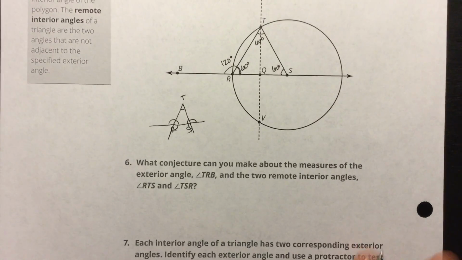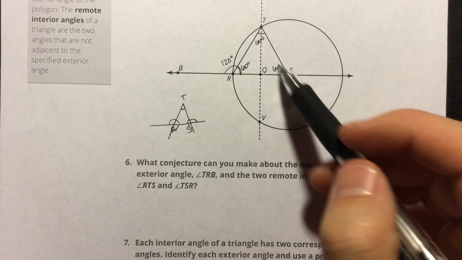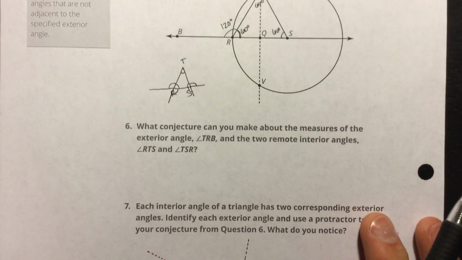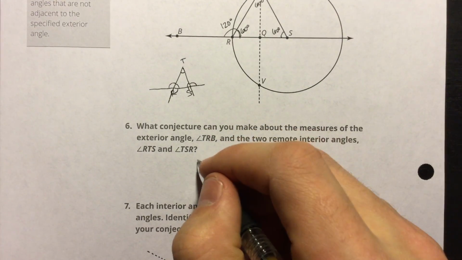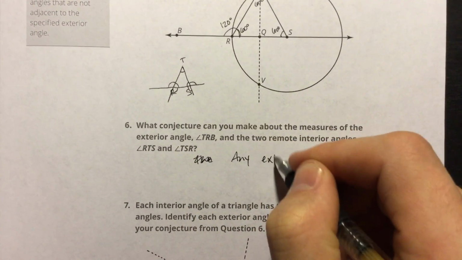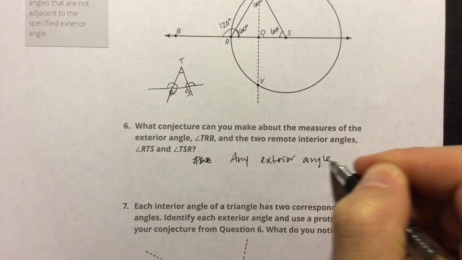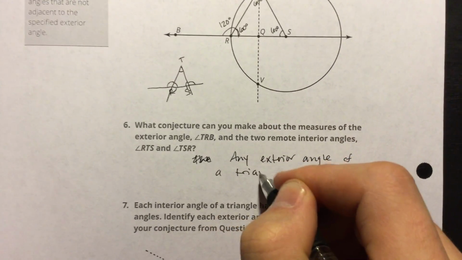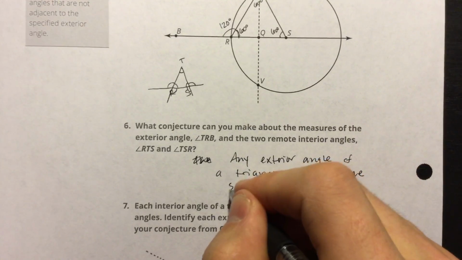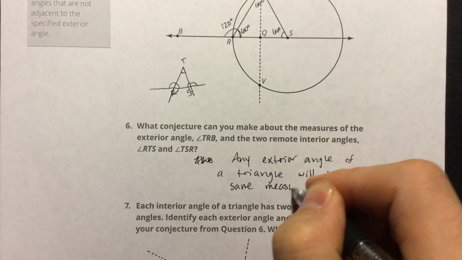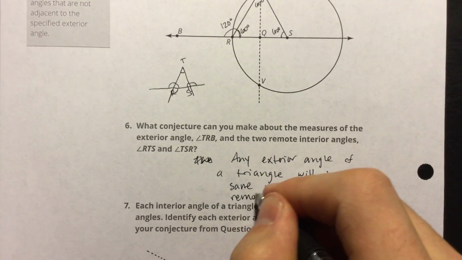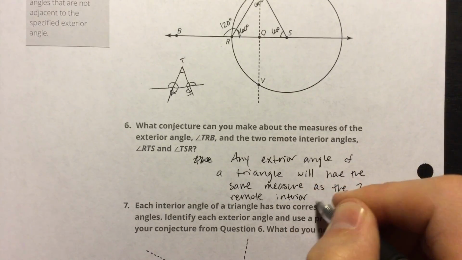Right, so let's look. This angle is 120, and these two angles are 60. If I added these two angles together, it'd be 60 plus 60, which is 120. So what conjecture can we make? We can say that any exterior angle of a triangle will have the same measure as the two remote interior angles,